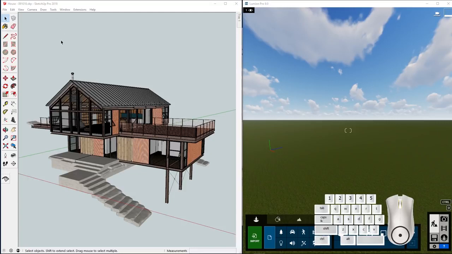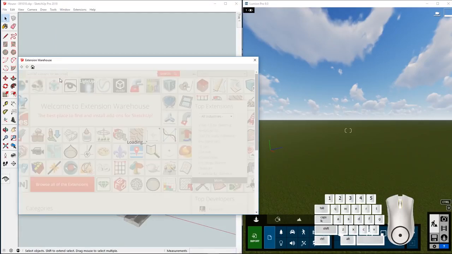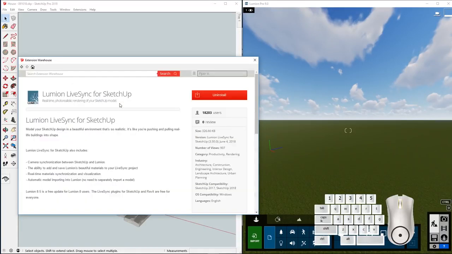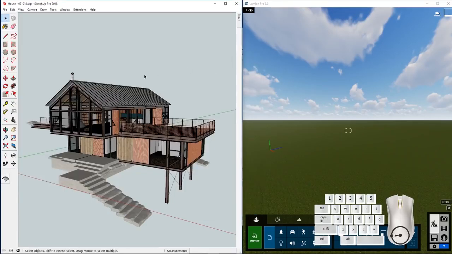To use LiveSync, you first need to install the plugin for SketchUp. You will find this in the extension warehouse. Search for Lumion and click on Lumion LiveSync for SketchUp plugin. Now in my case, it was already installed, so there's only an uninstall option available. If you haven't installed it yet, this should show the Install button. Once you've installed it, it's available either from here, from the extensions,